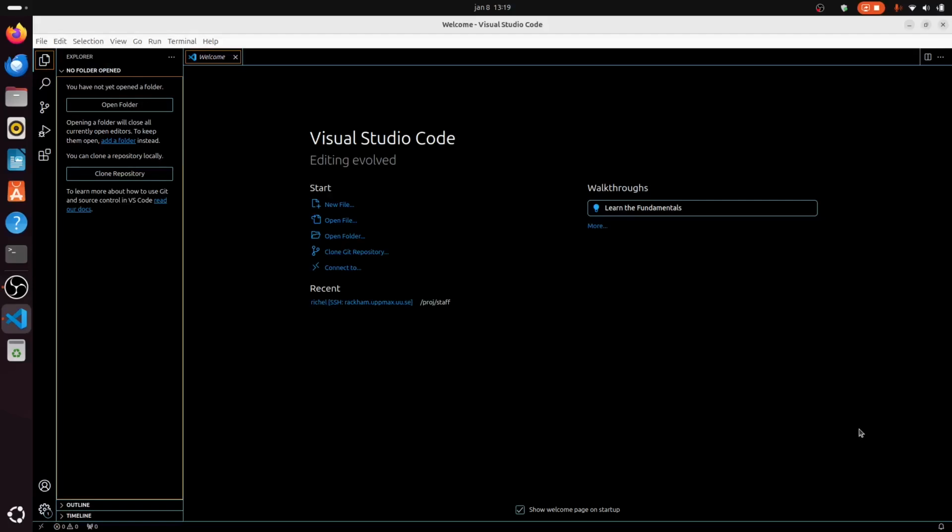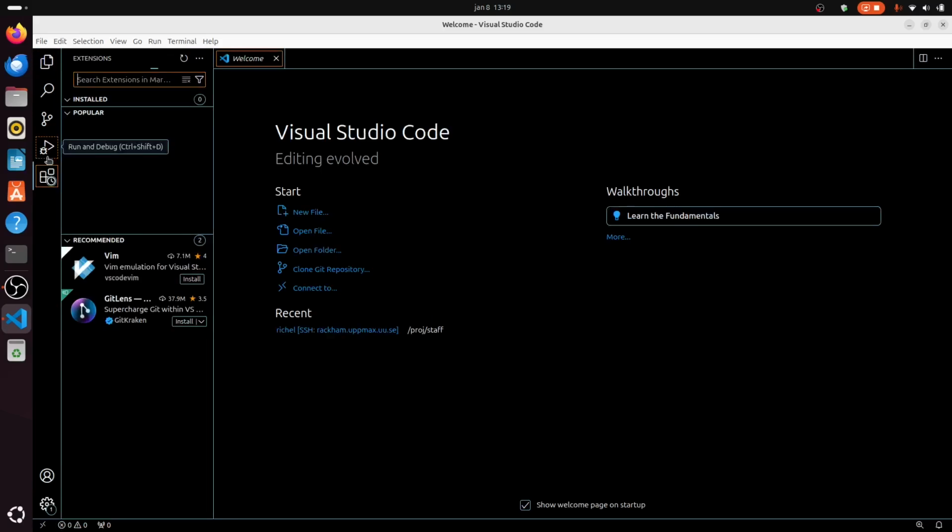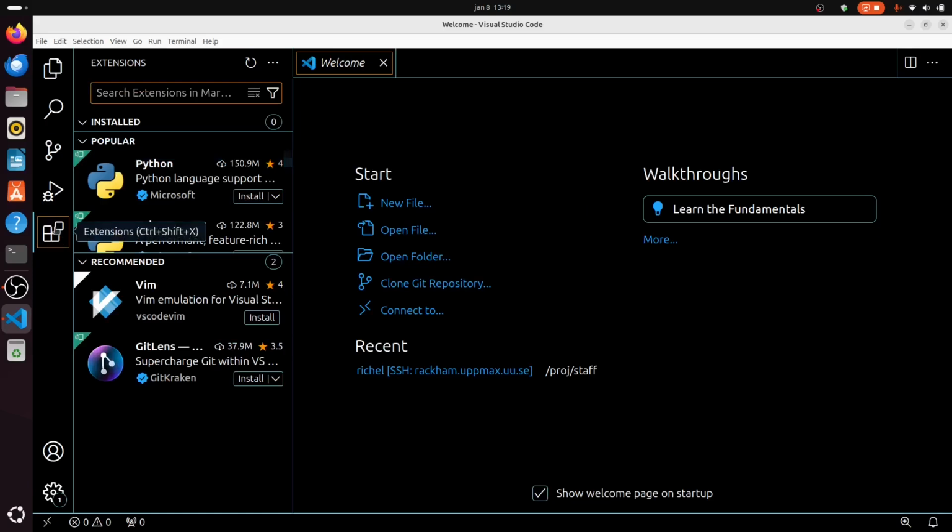Hi, I'm going to show you how to connect to Rackham from Visual Studio Code. For that, we first will need to install an extension. So we go to the left, there's the word extension here. So we can make it a bit bigger there. Here we have extensions and we need to look for